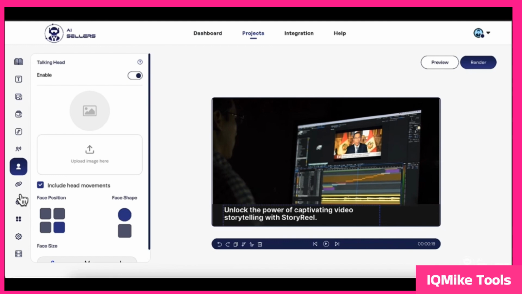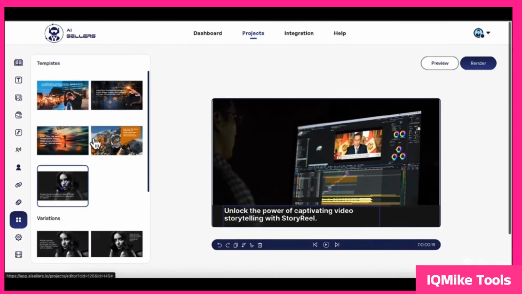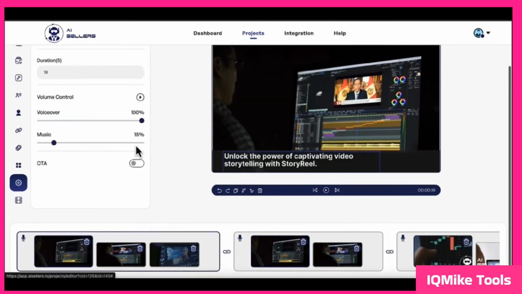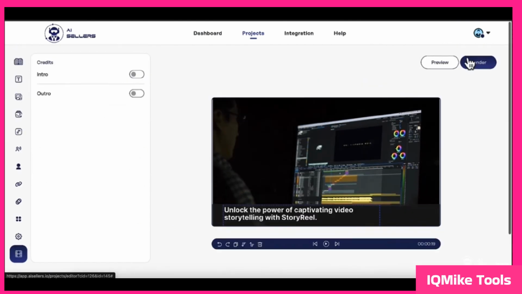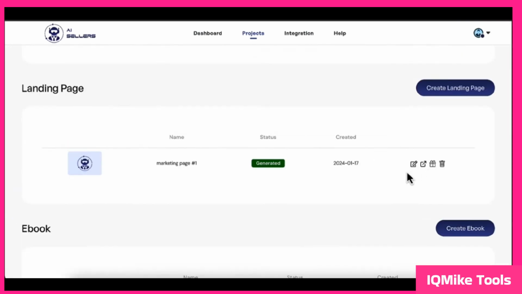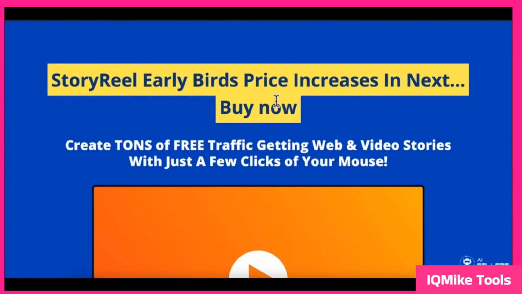I can change transitions, animations. I can change the templates of the video. I can change the style of this slide, and I can add logo, watermark, change the volume control. I can add intro and outro, and once I'm ready, I click on render and it will start rendering the video for me. In the meantime, I can go ahead and preview my marketing page, which has copy added to